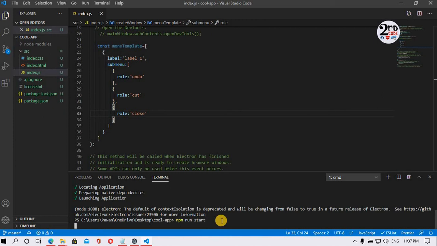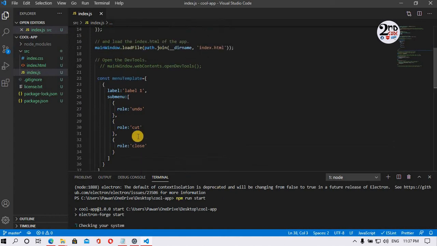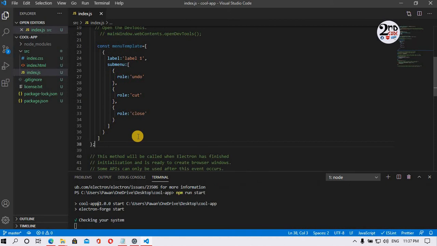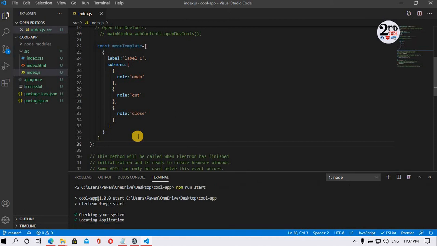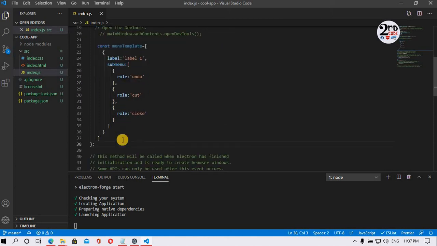Just type npm run start inside your terminal to check it out. Oh sorry, it will not work. I'm sorry, we have to define the menus first.